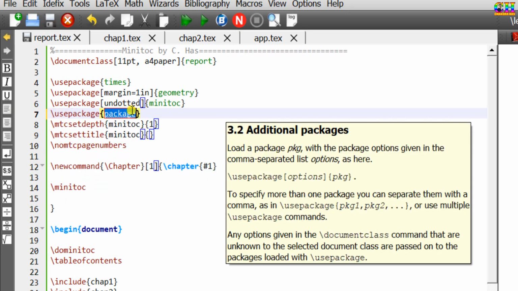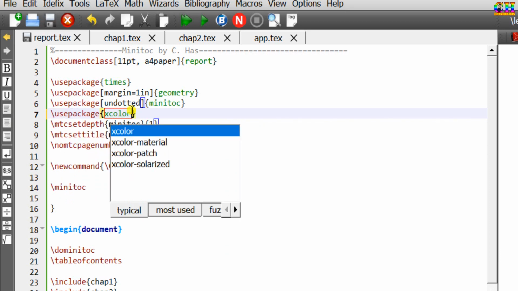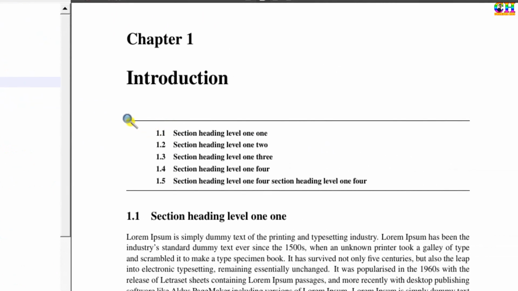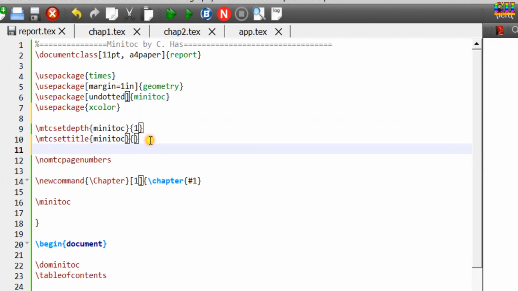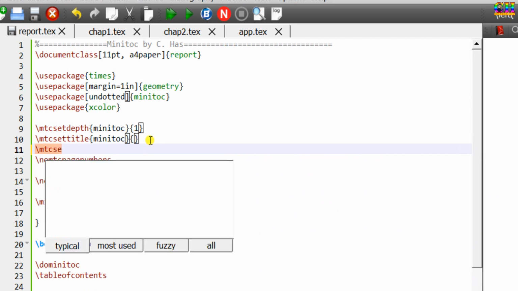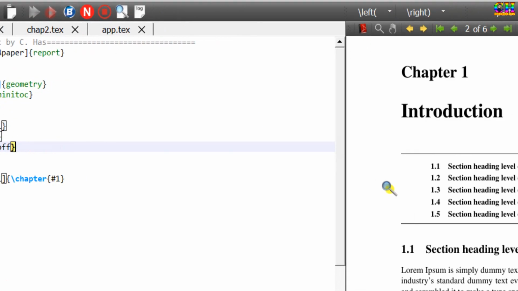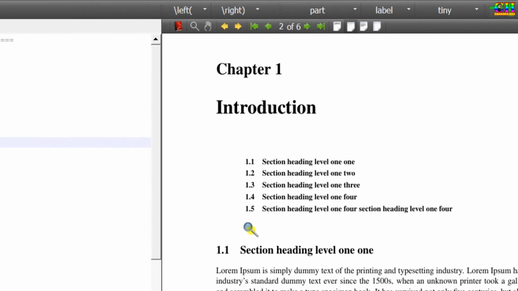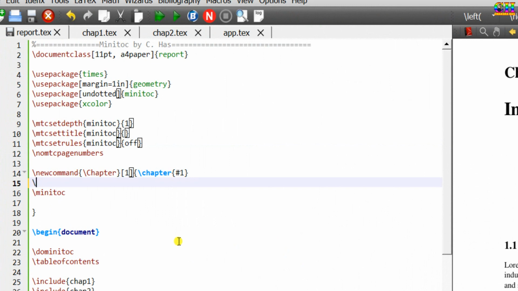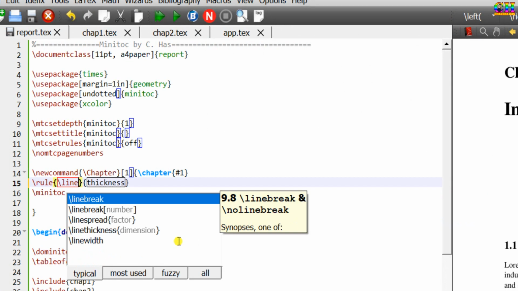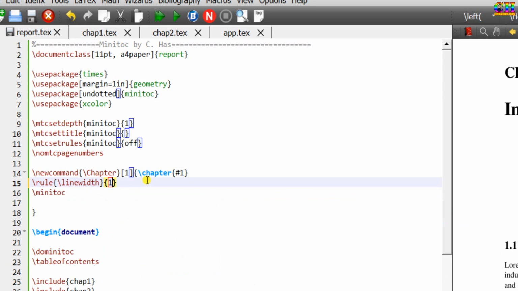We can change the color of the rule. For this we'll have to use the color package. First we'll turn off this default rule. Just write mtcsetrules minitoc off. Now at this place we'll use a rule command. Line width and thickness I'll take 1 point.